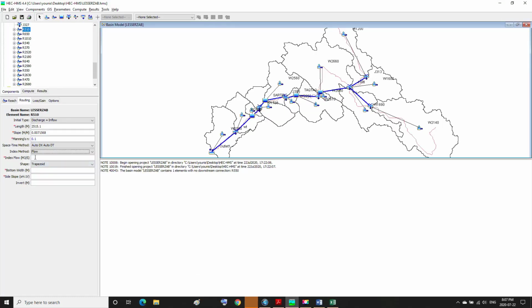So the index flow in meter cube per second equals 311.9.